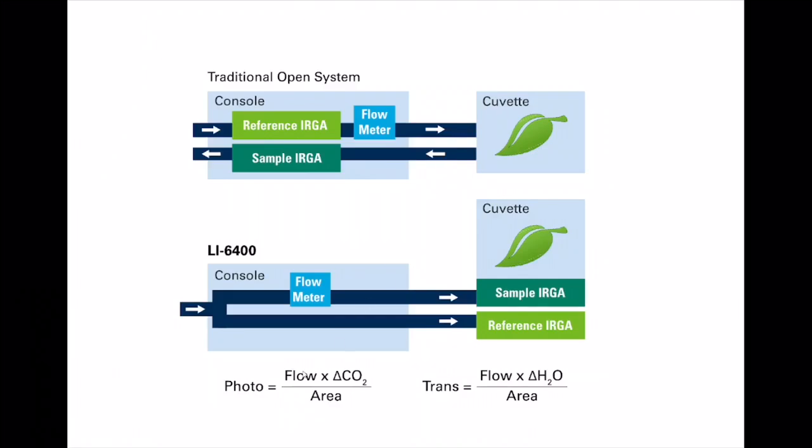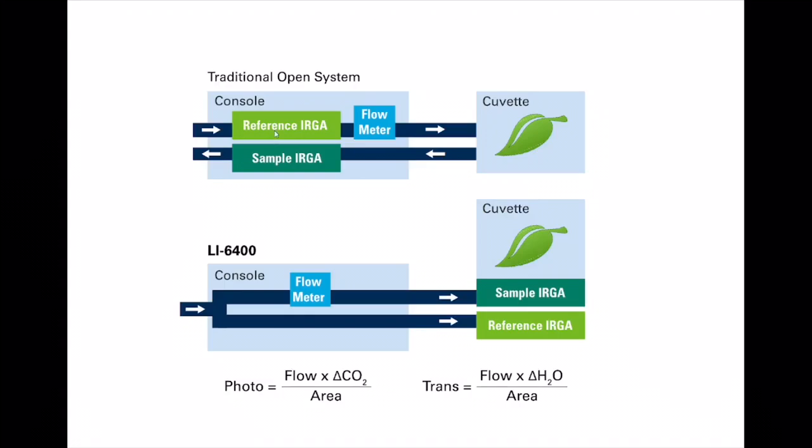And again, if we remember that expression we talked about earlier, photosynthesis is basically the flow rate times the delta CO2, the difference measured between the reference and the sample, divided by the area of the leaf in the chamber. Transpiration is a similar expression. The 6400 operates with this basic premise. However, a key difference in the